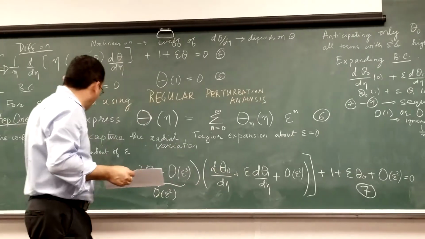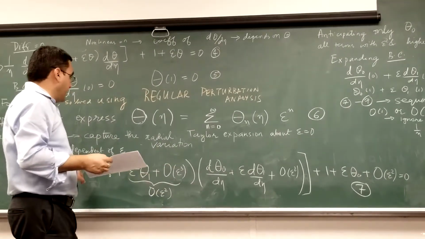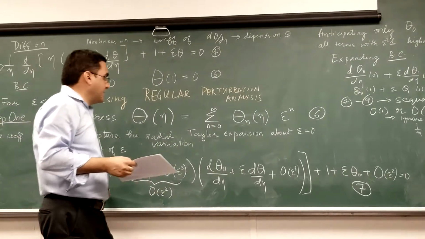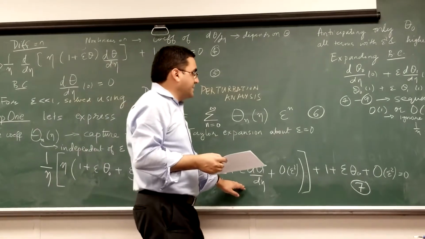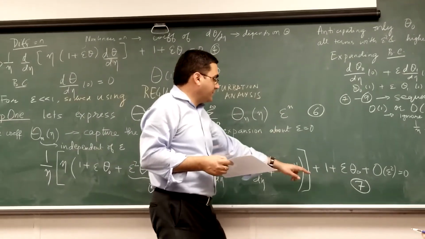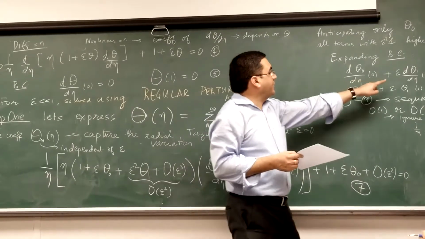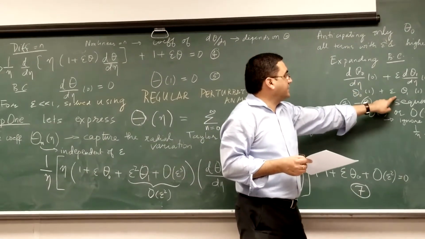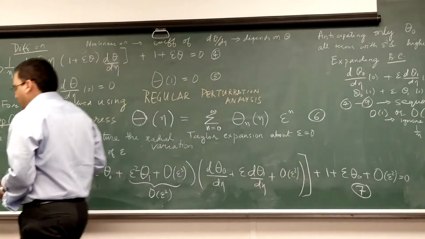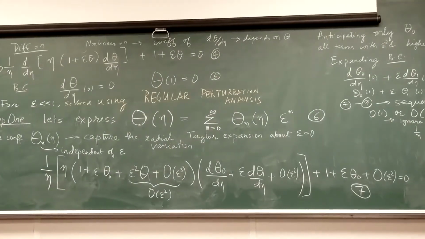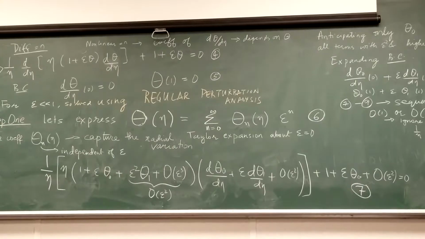So you have to open the parentheses, figure out which ones have epsilon in front of them. Whichever ones have epsilon squared, we are going to drop those terms. And here you have an epsilon. And then I'll also look at my boundary conditions. Here is an epsilon, here is an epsilon. So we just pick out terms that are order epsilon, and